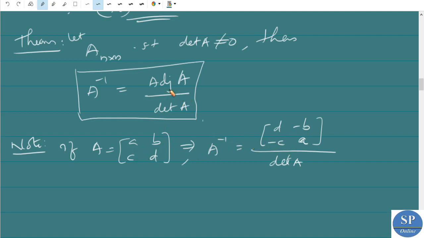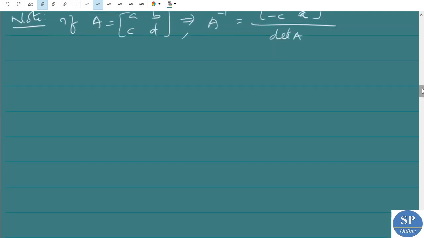So you know the method of finding the adjoint. The adjoint of a matrix A is the transpose of the cofactor matrix. I think you know that. So I am giving you two problems. Question one: find the inverse of the following matrix A,